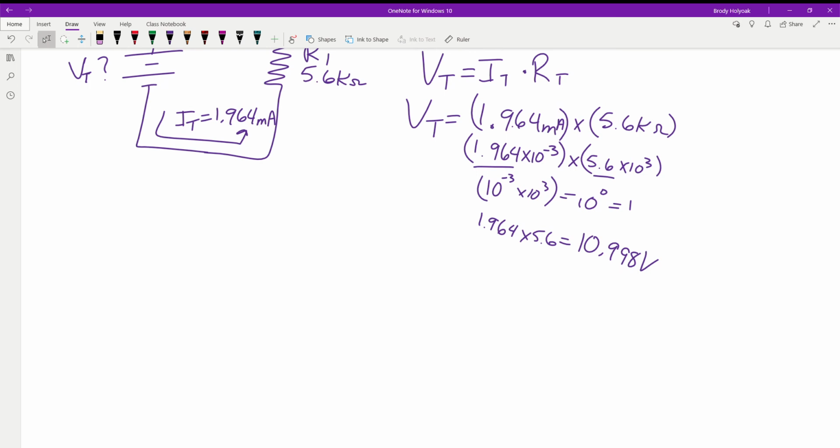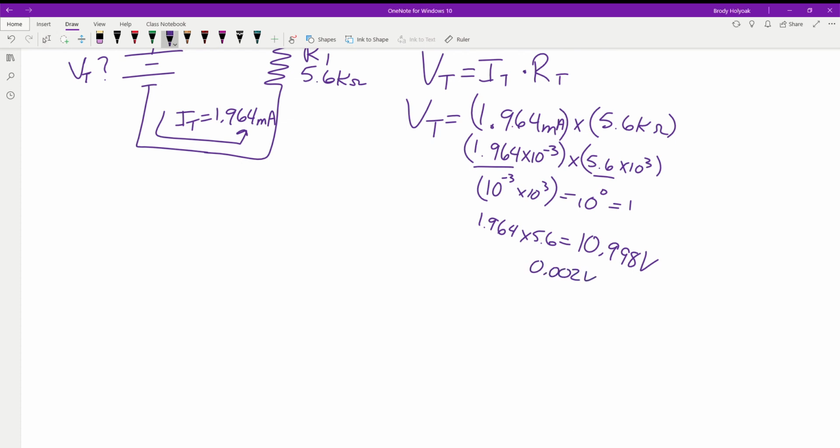Essentially 11 volts. So one thing to remember too is this didn't quite come out to be 11 because right here we probably should have carried it out one extra digit maybe. Okay? But for all intents and purposes, the difference between 10.998 and 11